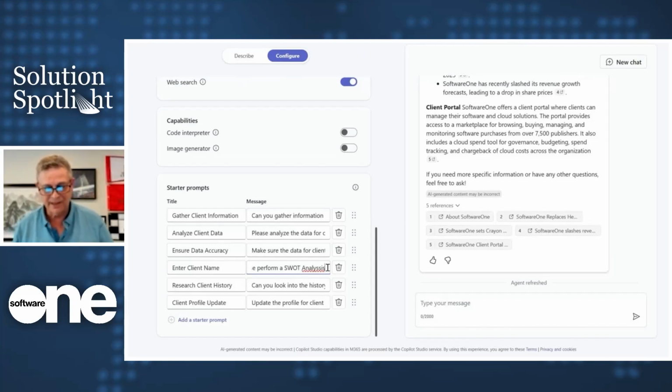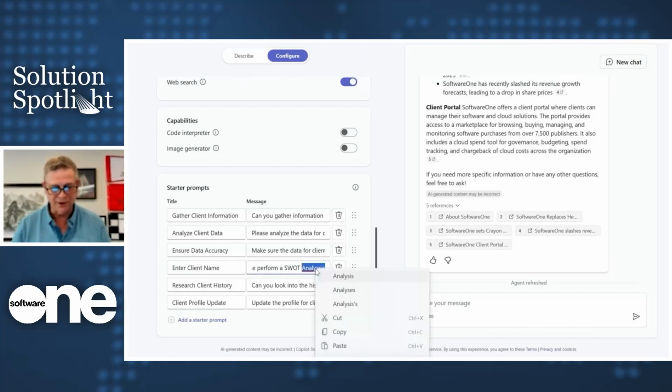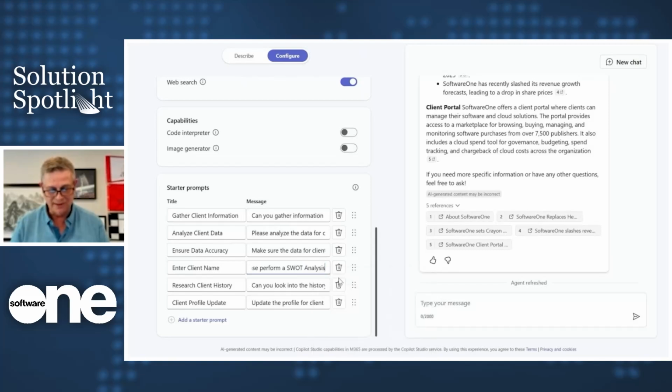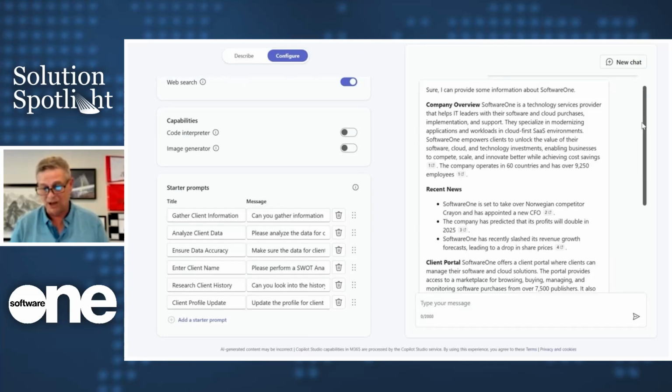I should point out that Copilot's very good at typos. So I'll grab this one over here, and then you'll see right over here that it's auto-saving the